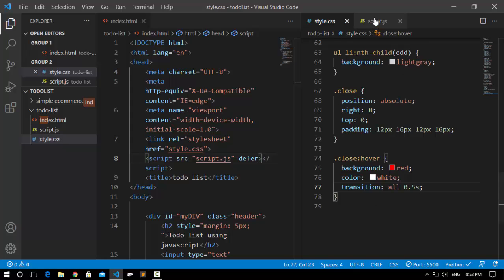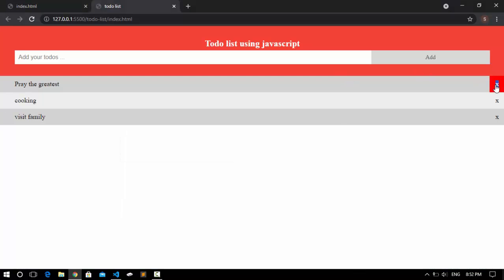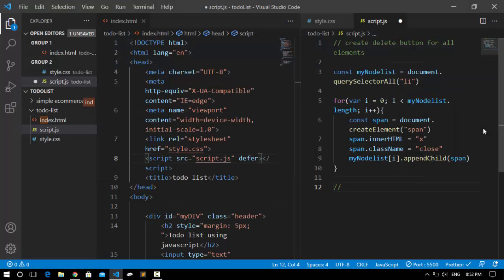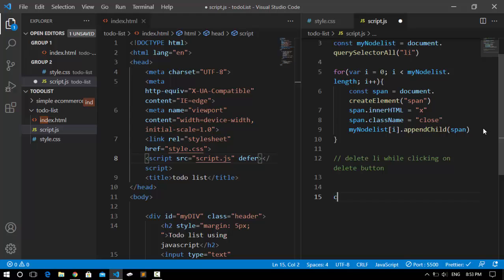So now we've successfully created our delete buttons, and the next thing I'm gonna do is to put something. When we click on these, we want to delete these elements. To do so, I'm just gonna pass a comment here, and here I'm gonna say delete li while clicking on delete button. So here what I'm gonna do is to again create a variable, call it const close,